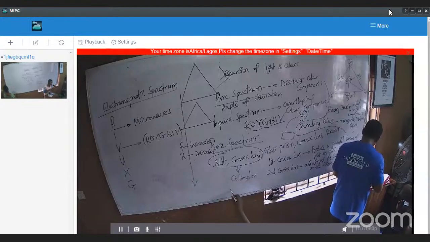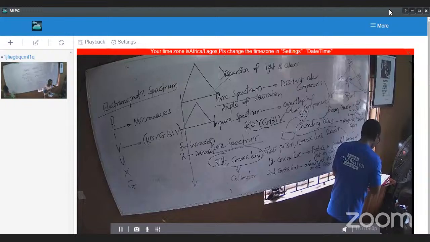Number 5. Dispersion of white light by a glass prism occurs because